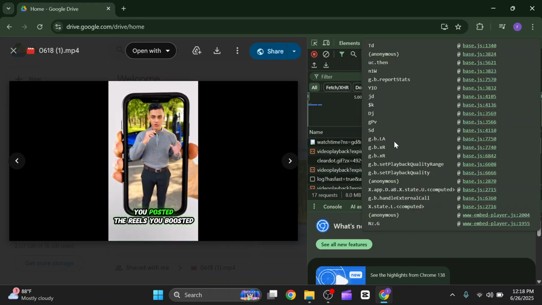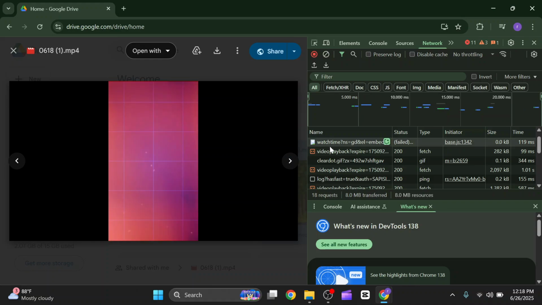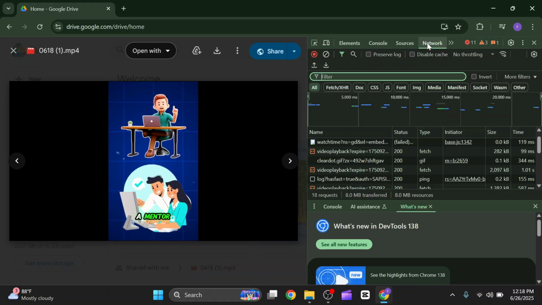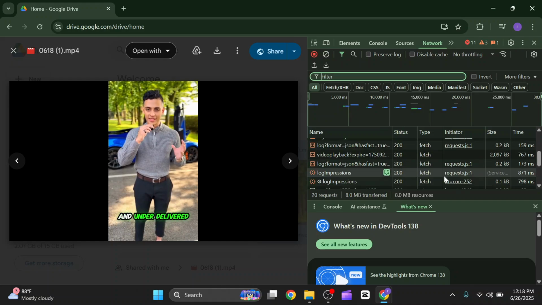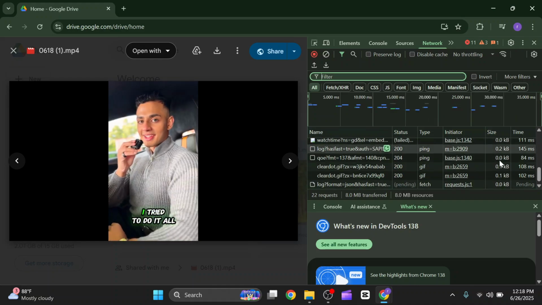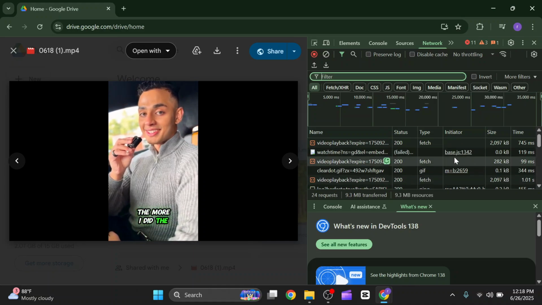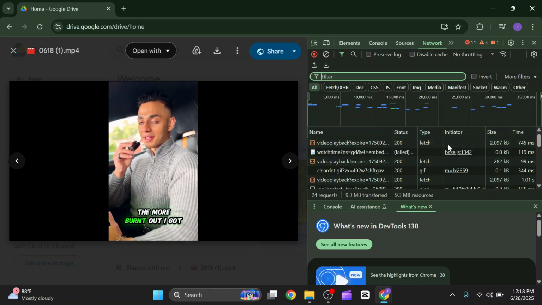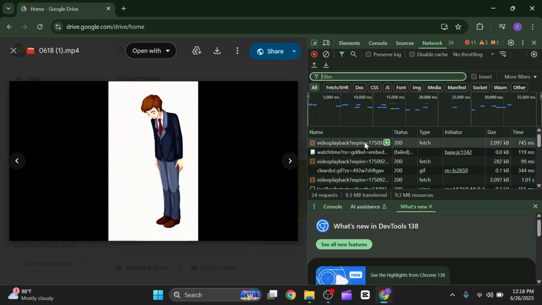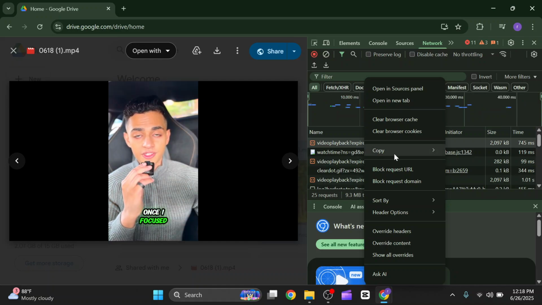And we have to look for video files under network, as you can see, and you have to look for the largest video size or largest file size. So as you can see, this one is the largest file size. You just have to right click on it, and